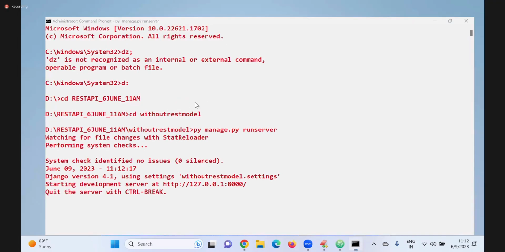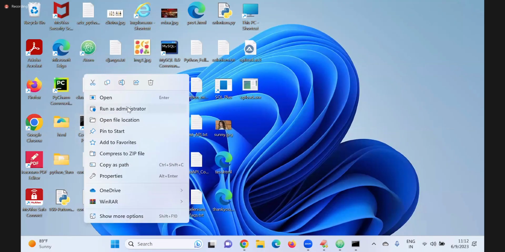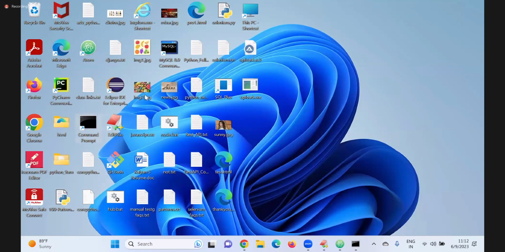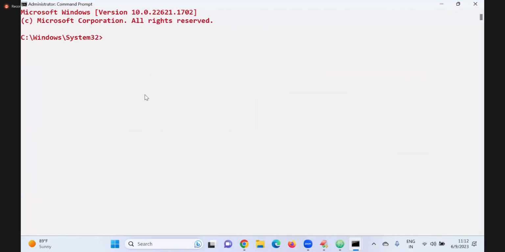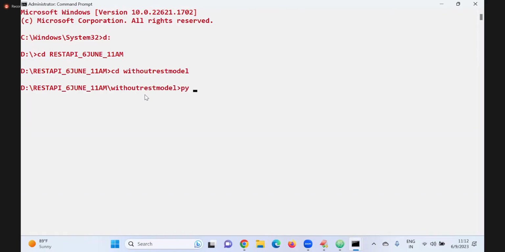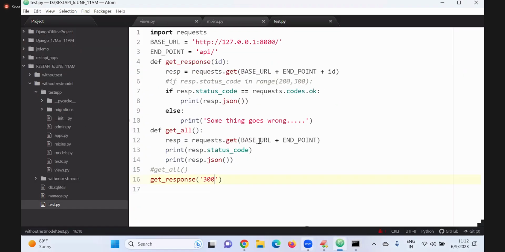Server started fine. Run the partner application. D drive. CD. REST API. CD. Without REST model. PY test.py. Something goes wrong, sir, because